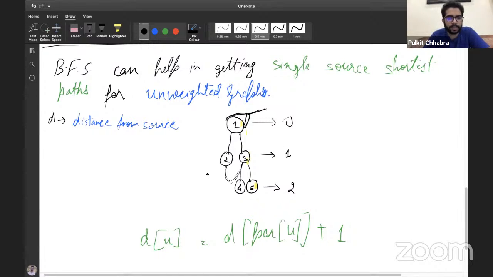So this holds true. And again, you can see for 4 and 5, the parent of 4 and 5 is 3. In the case when we apply BFS from 1, the distances of 4 and 5 are 2, which is equal to the distance of their parent plus 1. So since I am coming through the shortest path from 1 to a particular node, the parent of that particular node basically represents the previous step.